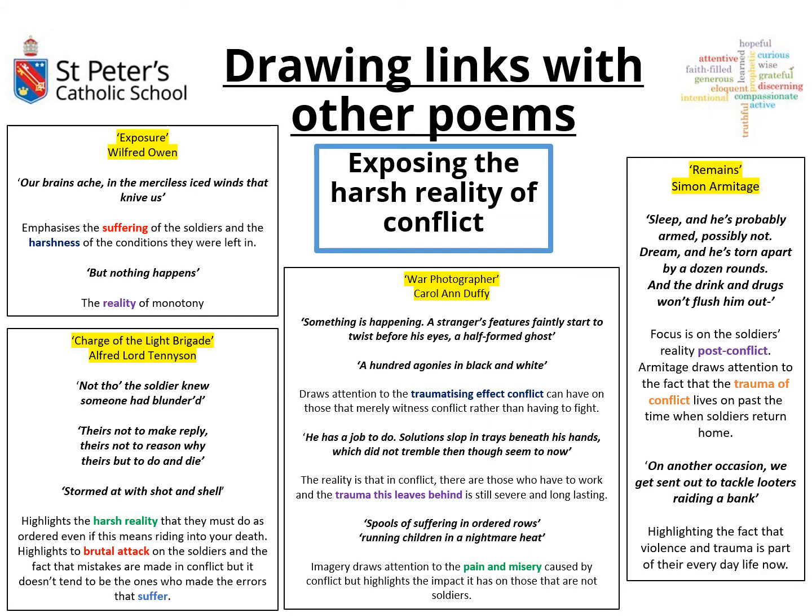So again, this offers a different perspective to just a soldier currently in conflict, because this one is talking about the harsh reality of conflict after the conflict has happened. So Armitage draws attention to the fact that the trauma of conflict lives on past the time when a soldier returns home. And in those lines in particular, there's a really interesting use of structure here, because those lines, "he's probably armed, possibly not, and torn apart by a dozen rounds,"